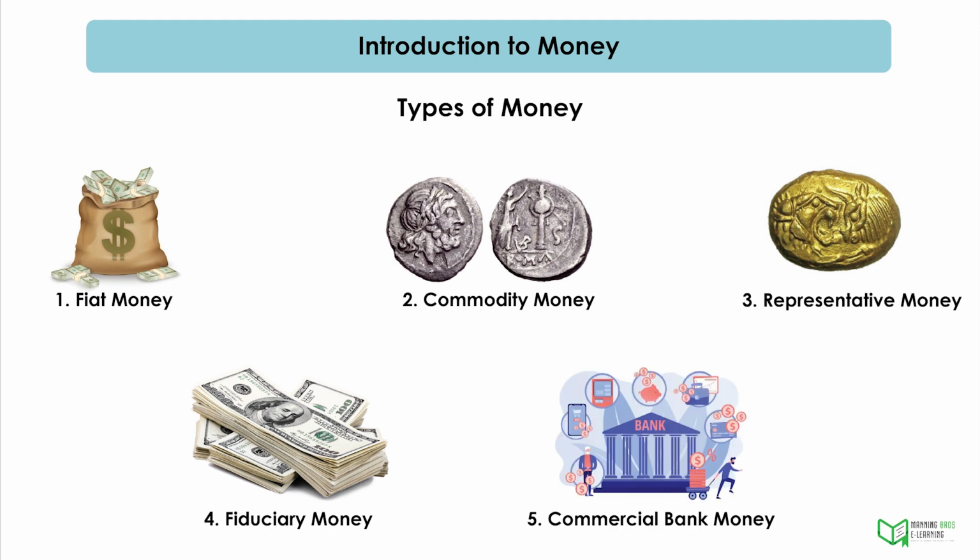5. Commercial bank money. Example: funds in a checking account. A claim against a bank for the purchase of goods and services is known as commercial money, also known as demand deposits, through the means of withdrawing in person, check, ATMs, or online banking. It is a bank-created debt money.